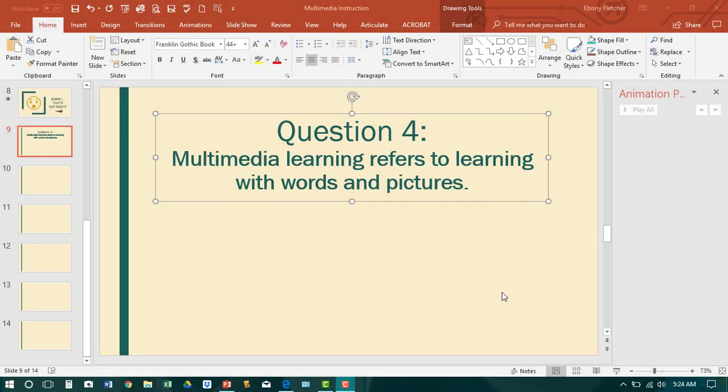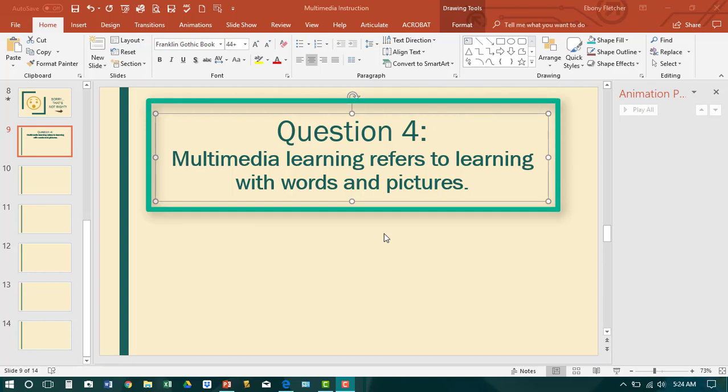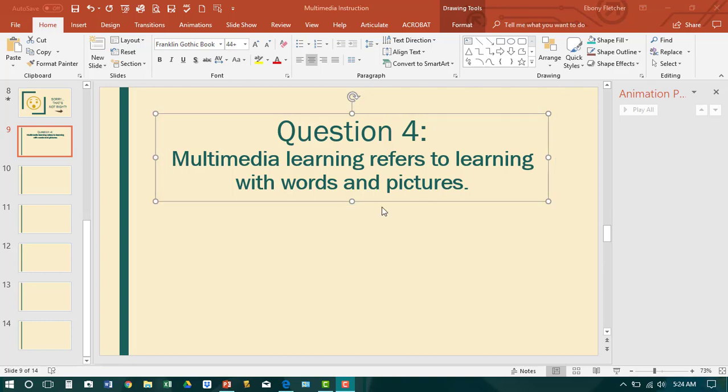Now that you've added your slides, you can now type in your question. As you can see, I've already typed my question. When you get ready to type, just design the question as you would like as far as font size, color, and those different options. After you have typed in your question, now you are ready to make your answer choices. Depending on your type of quiz, you're going to insert text boxes for multiple choice or true-false. Since I am creating a true-false quiz, I'll insert two text boxes by going to Insert,